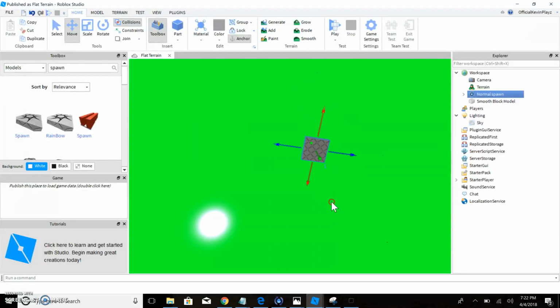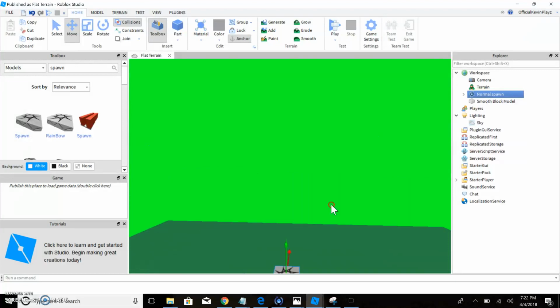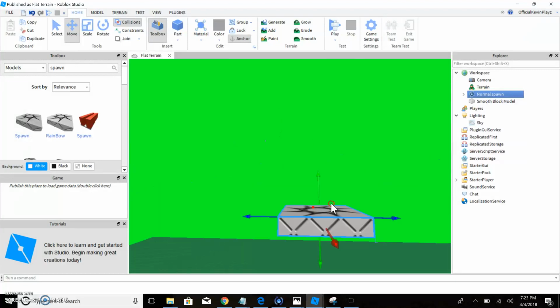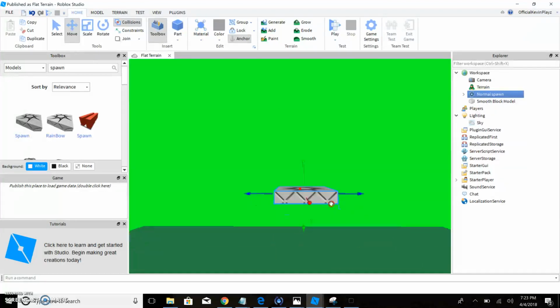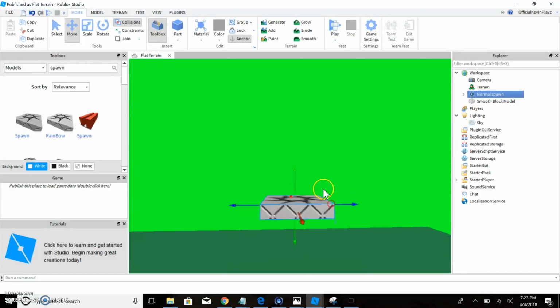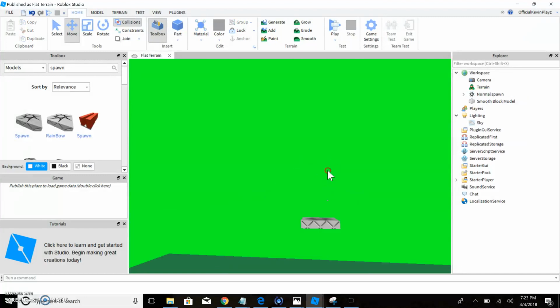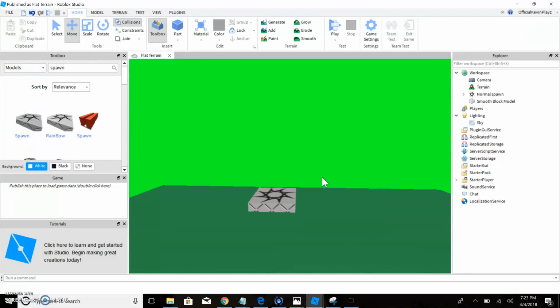So about like that. And you want to do it the way that the sun is not facing. Okay, so this is actually a good angle. So basically what you want to do from here is